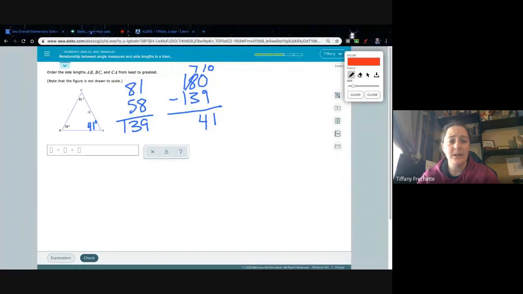So I need to go least to greatest. That's what they're asking me to do again. So I'm going to go with my smallest angle, which is 41, and I'm going to go across. So I have CB or BC. I can say it either way. So CB. The next one would be across from the next angle in line here. The next angle in line here would be 58. So I'm going to go across. And I have CA or AC. Again, I can say it either way as long as I'm using 2 variables or 2 letters